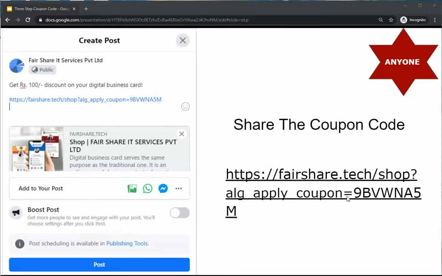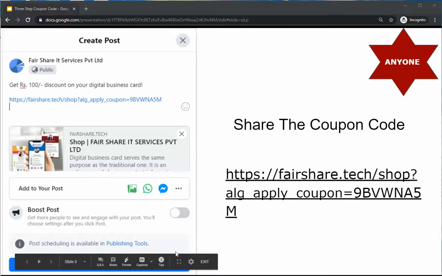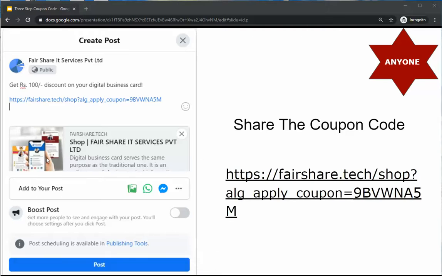Then the next step is, whatever coupon code you have created, you have to market it. Now how do you reach out to people? You can reach out to people in various ways. For example, you can use a Facebook post, an email marketing campaign, or maybe Twitter. There are many ways, right? You can choose whichever way you like. In this case, I just give an example where I created this post, and once I post it, it will reach my subscribers.